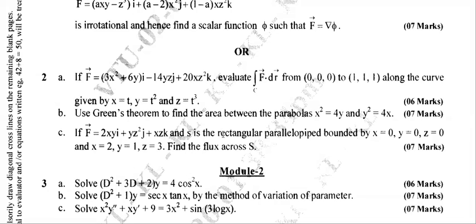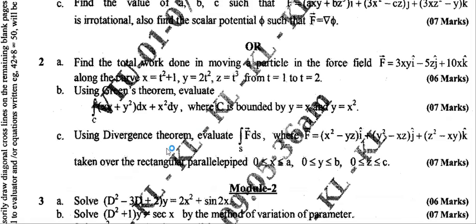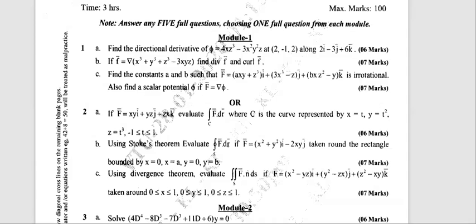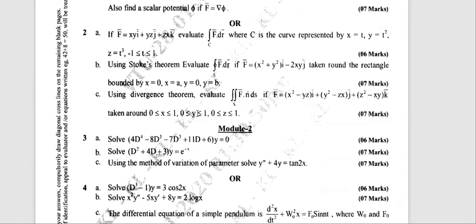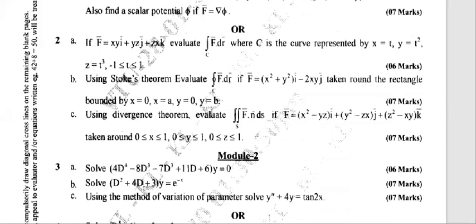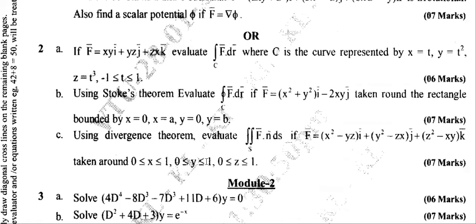Okay, you can see 2 more examples are there. Green's theorem I could not cover, but you can try with those. See, the question on parallelepiped is asked again here. The same question is solved in the class where the answer is abc into bracket a plus b plus c. Same question is here, just observe. Question number 2C, isn't it the same? Your vector field is the same, only the limits instead of 0 to a, 0 to b, 0 to c are 0 to 1 all. Can you tell me what the answer is then? The answer is 3.